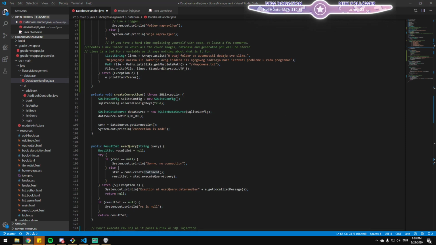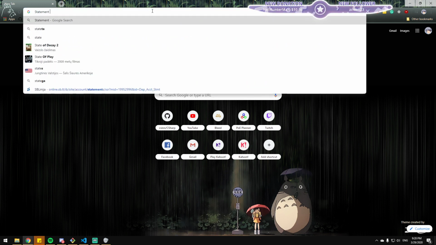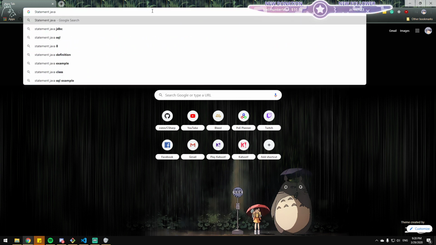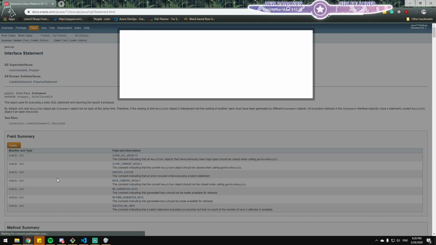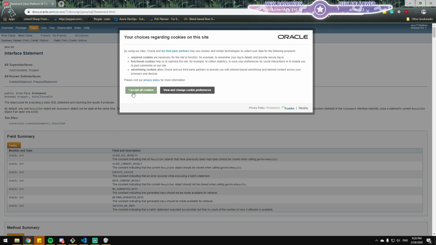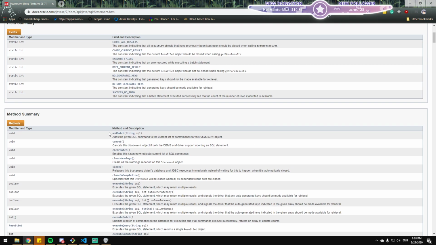We can quickly have a look. Statement, Java, SQL. Let's see. Statement extends wrapper, result set, execute. Yes, it returns a boolean. Okay.